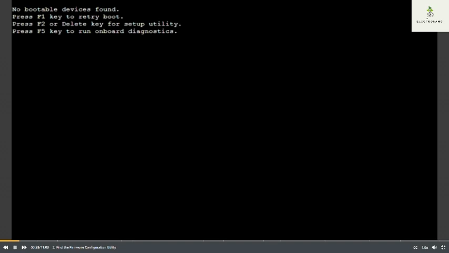On the system we're working with here, note that it already tried to boot, but it couldn't find an operating system. That's because it has nothing but blank hard drives. There's no operating systems installed, so no bootable devices were found. As a result, it displayed several messages that I can use to find the appropriate keystroke to access my firmware configuration utility. Notice that the second option lets me know that I can use the F2 or delete key to